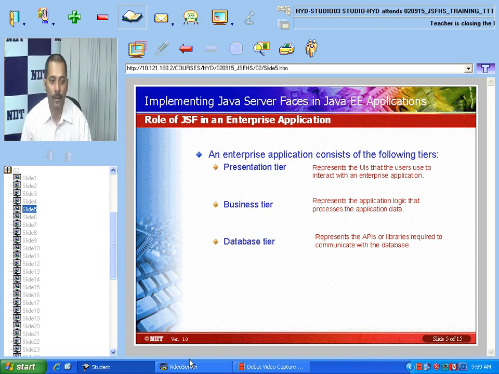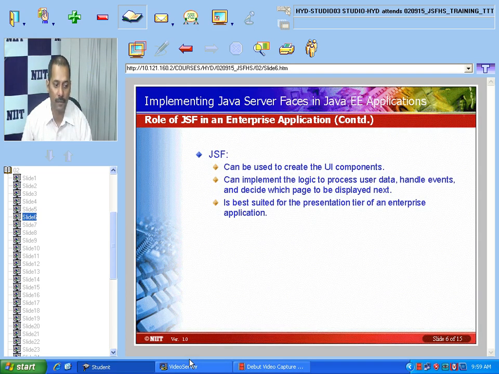Now that is what I wanted to say about your presentation tier, business tier, and the database tier which we are talking about. Now let us see how we can use JSF. As I told you, JSF fits into the presentation tier, which is best suited to the presentation tier itself. JSF is used to build the UI component,